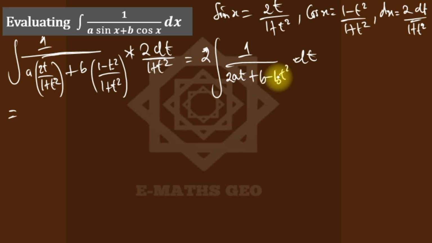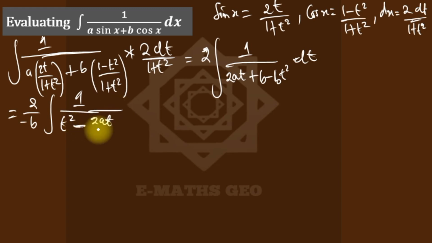We need to make the coefficient of t squared 1, so I'll factor out minus b. I have the integral of 1 over t squared minus 2at over b minus 1 dt. So we are still correct. If you open up minus b times this, you get back minus bt squared, and minus b times this gets back this. So we have 2 over minus b, the integral of 1 over